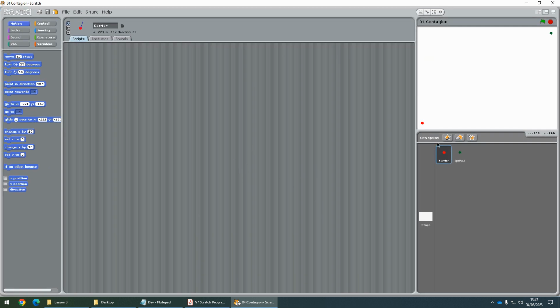So what we've got this time, we've got two sprites, one called Carrier and one called Sprite 2. The Carrier sprite is red, Sprite 2 starts off as green, but Sprite 2 also has two costumes. If you see down here, we can see that that will change. What we're going to build here is a simulator where the Carrier is somebody who's got a cold or flu or something like that. Each of these represents people,